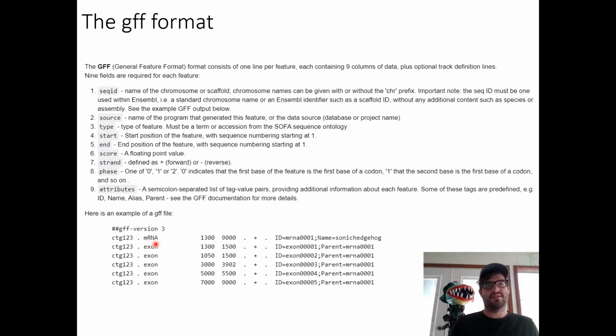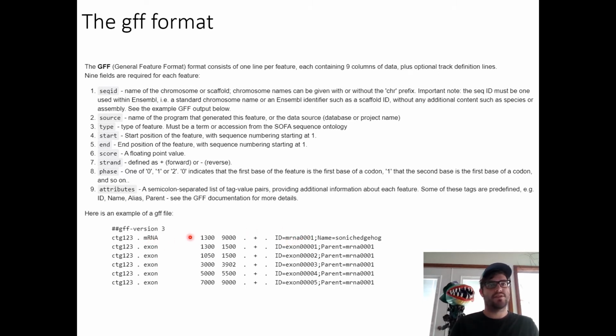The third column is the type, and in this case, this is going to be an mRNA. So this is going to be the full length sequence of this protein, or in these cases, it's exons. These are the actual pieces of the DNA that remain after splicing to make the protein. Then we have the start and the end within that sequence, and then various things like the strand, quality score, phase, and then this is another thing that we care about more, which is the actual name of the protein or the feature. In this case, we have this gene here, which is just called mRNA